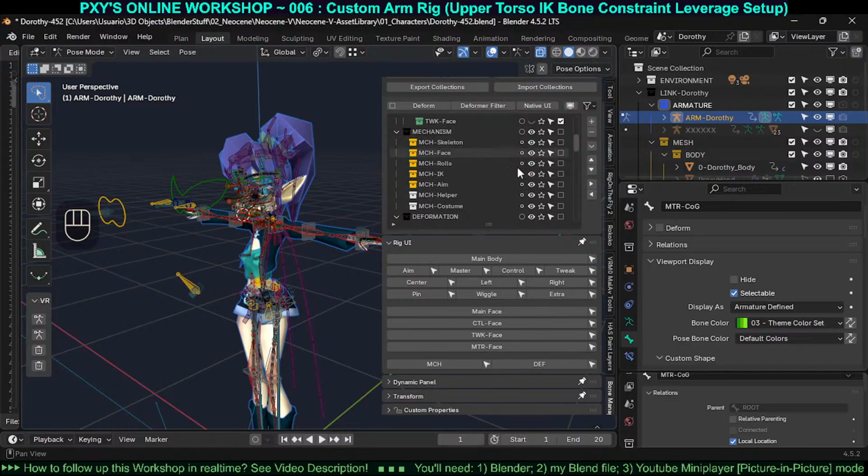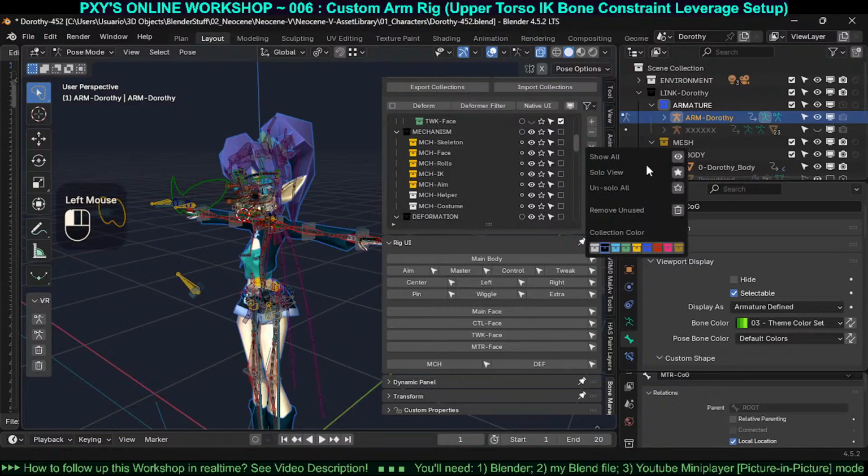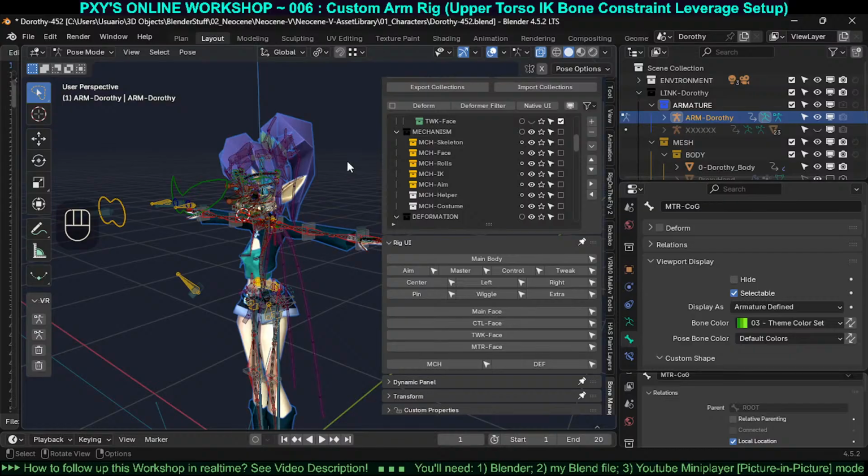A very, very critical problem, because if the user, the animator, the rigger, accidentally using this rig UI does something like a solo all or a hide all, unlikely they will have this operator here, but it's plausible that an accident happened. And then all these, but I don't want to have all this thing in the rig UI, but apparently